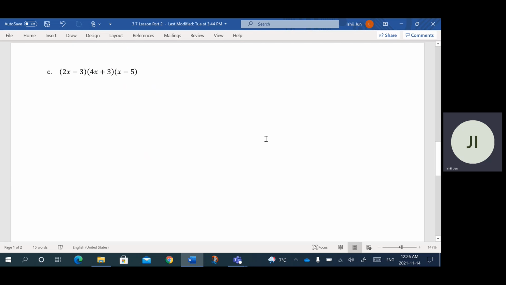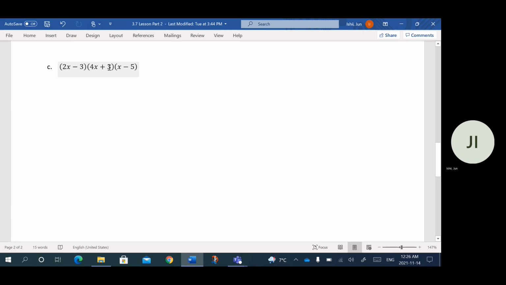And we've got this third example here. This time we're multiplying three what we call binomials, two-term polynomials. So we have three binomials that we're multiplying together. When you come across this, what we're going to do is multiply these two at a time. A common mistake is